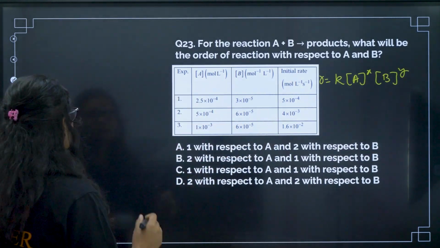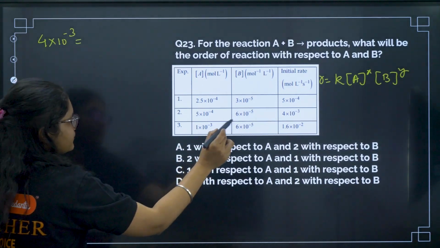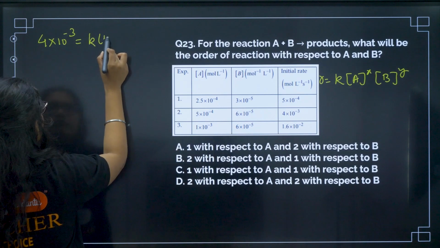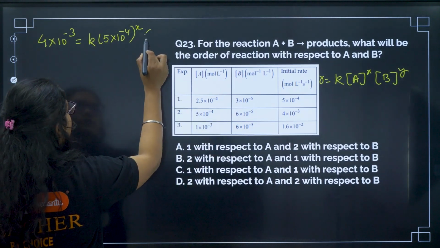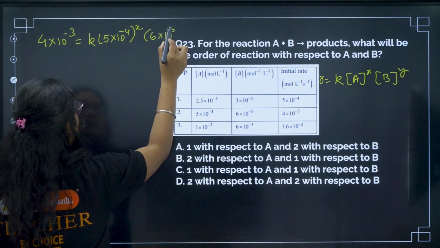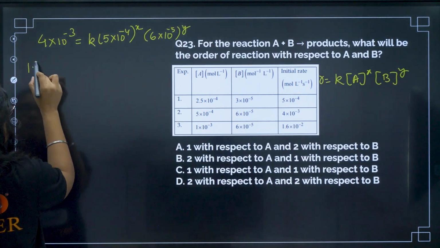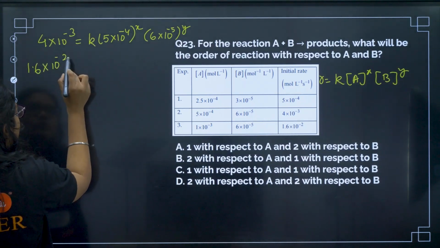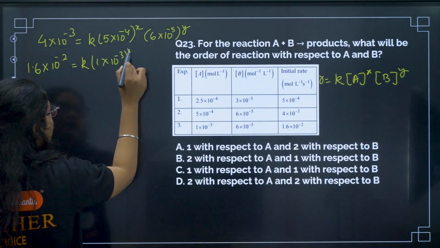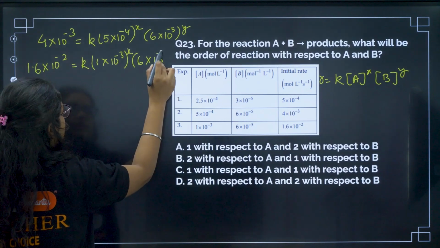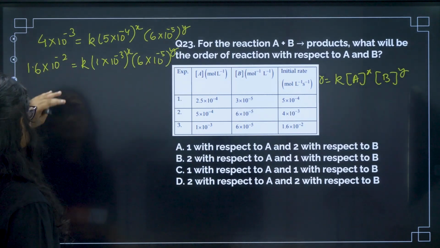So what is the value of R2? 4 into 10 to the power of minus 3 is equal to K into 5 into 10 to the power of minus 4 to the power of X and 6 into 10 to the power of minus 5 to the power of Y, right? Now let us see the next one. 1.6 into 10 to the power of minus 2 is equal to K into 1 into 10 to the power of minus 3 to the power of X and 6 into 10 to the power of minus 5 to the power of Y. So now what we can do is, if we divide these two equations, we will get